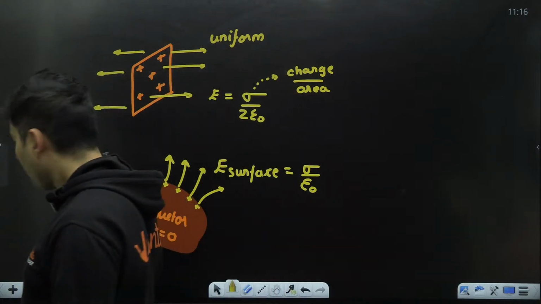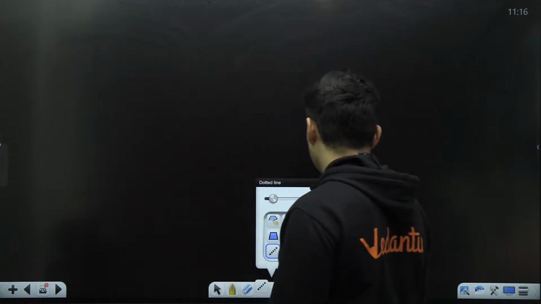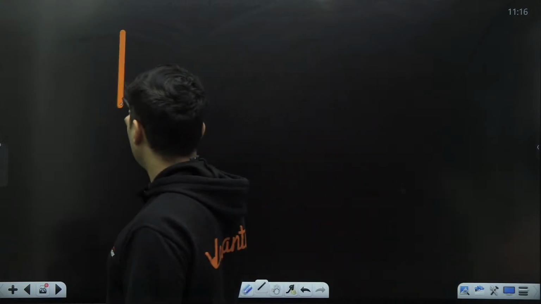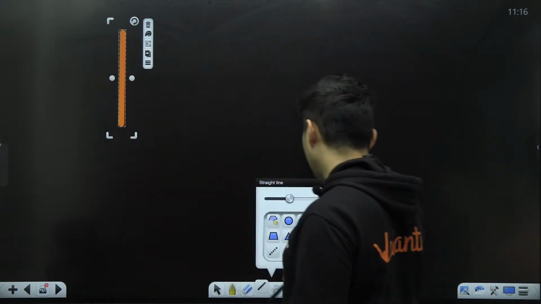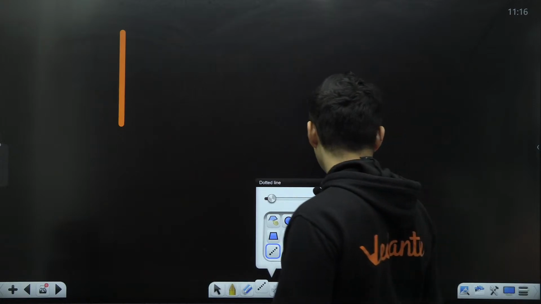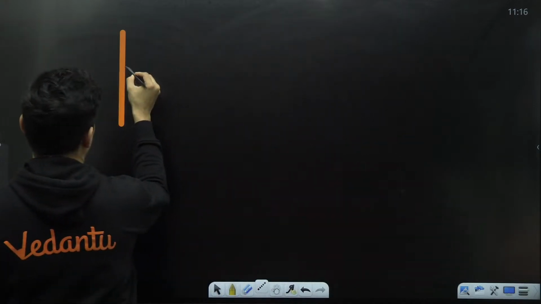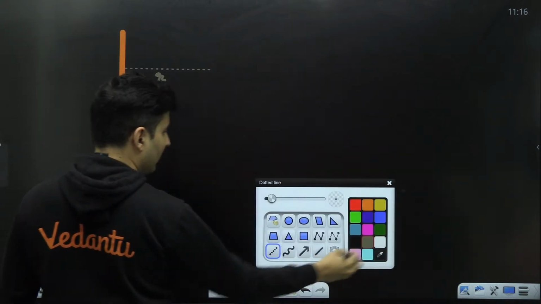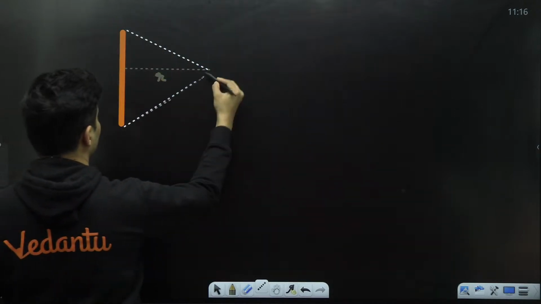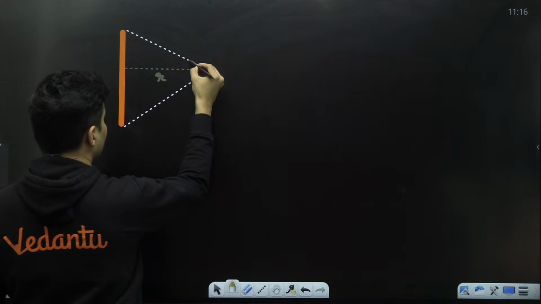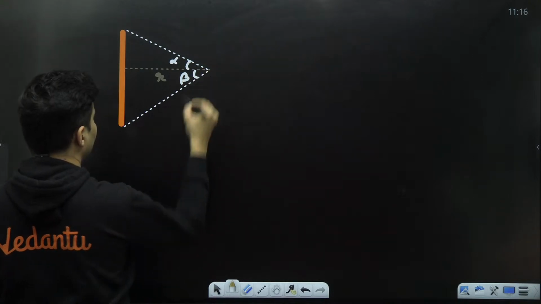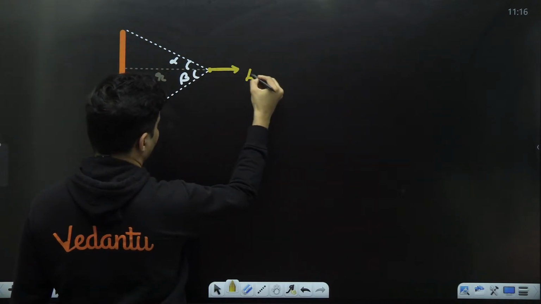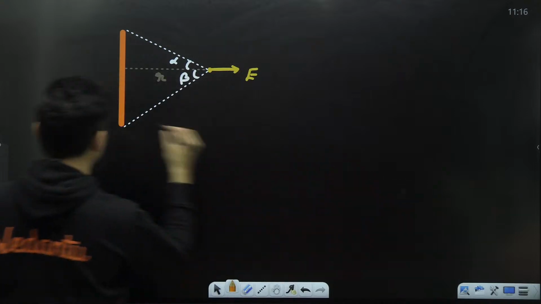Is that okay? Great. Lastly, you have a finite wire which is charged, or an infinite wire. You can have those special cases also. The finite case is the most important case; from that you can get anything else. So if you have a finite wire like this, and let's say this is distance r, and let's join the endpoints like this. Let's say this is alpha, this is beta. Then the electric field over here, okay, so this is a charged wire.